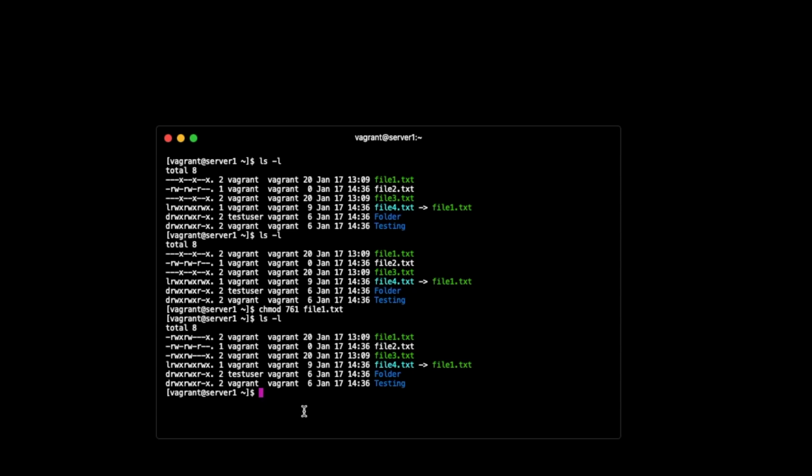Okay, now let's say we wanted to change the ownership of a file or folder. We would use the chown command. With that, you need the root access or sudo root. So we would do sudo